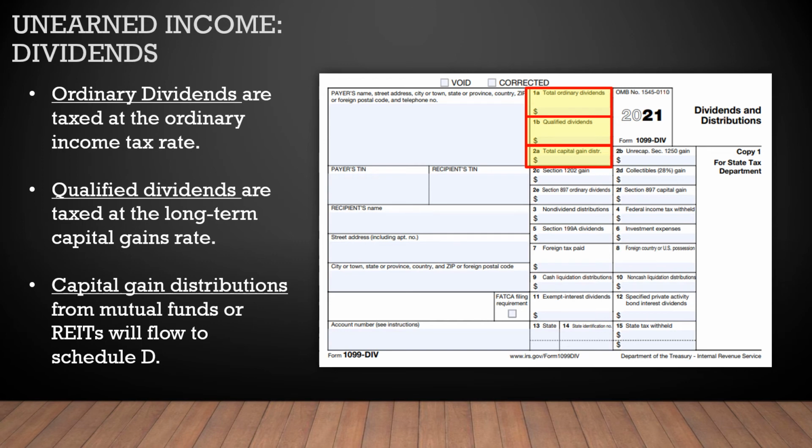Then in box 2A, we have our total capital gains distributions, and these generally come because our taxpayer owned a mutual fund or a real estate investment trust, and these will flow to Schedule D.